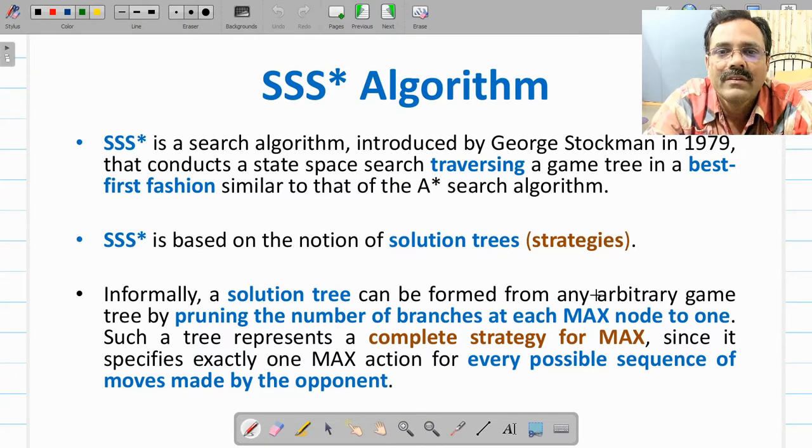Whatever minimum I want, if that is greater than whatever maximum you can give, then I will not take it. Therefore this algorithm reduces the number of branches that have to be visited and the number of nodes that have to be evaluated, and that is how it is an improvement over the minimax algorithm.